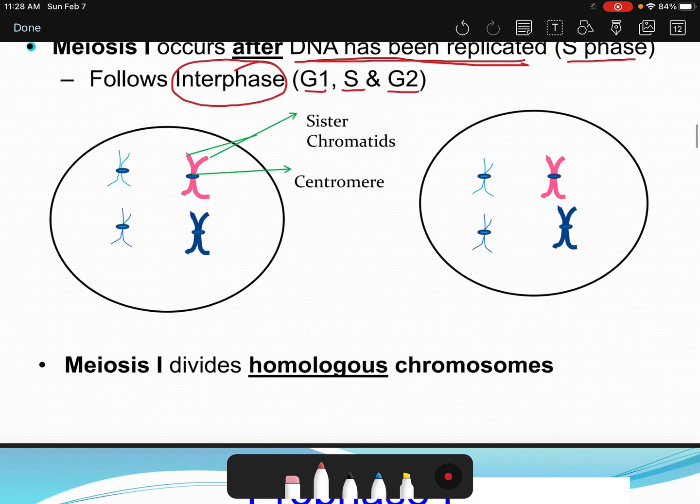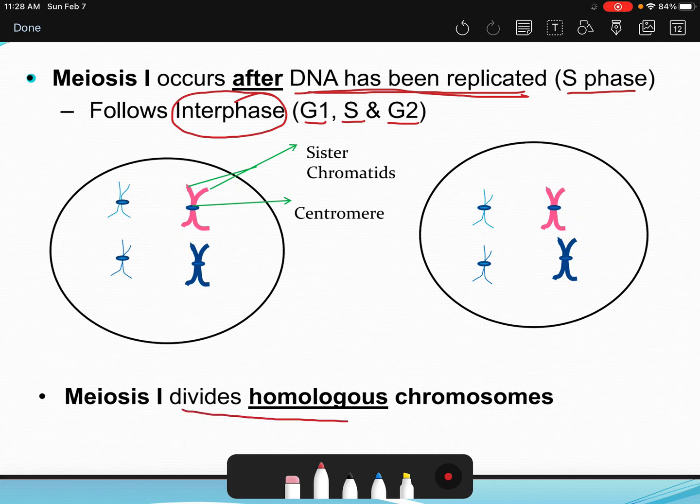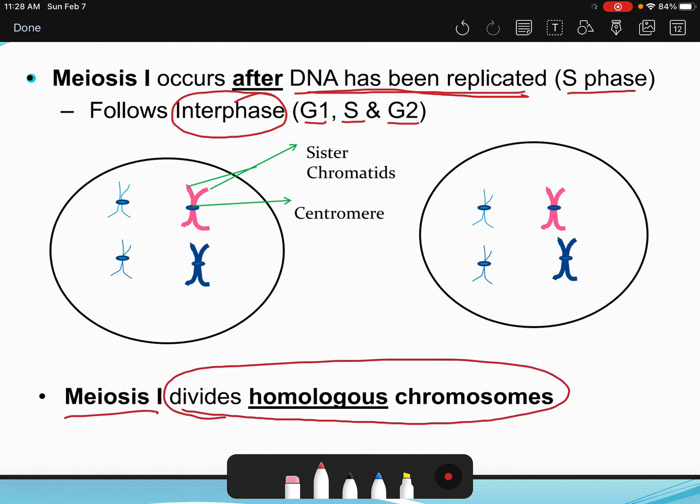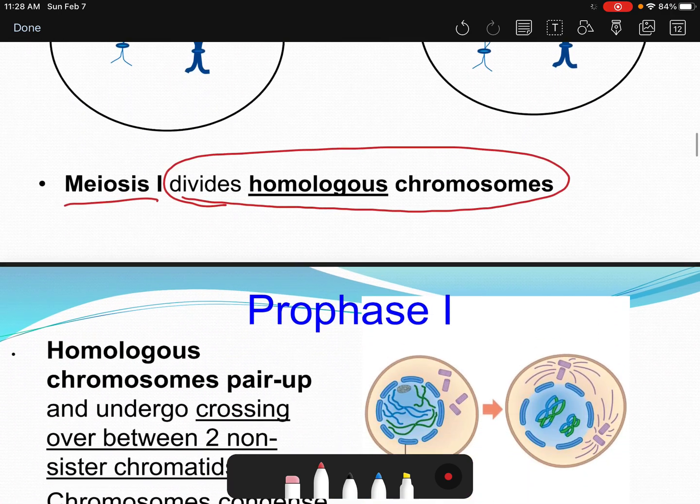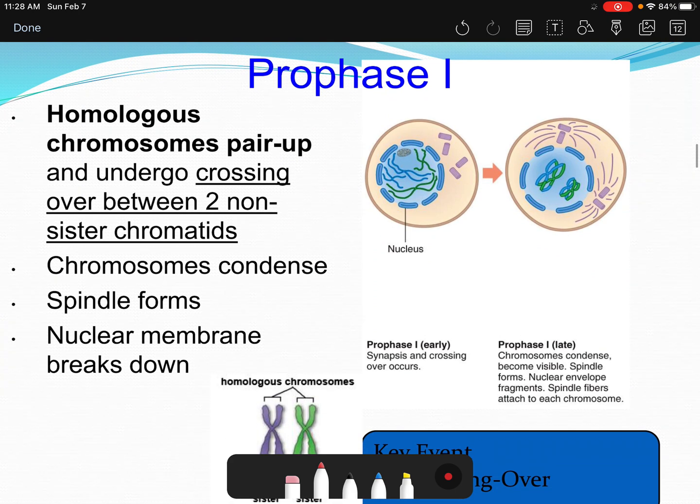The big thing I want you to know about meiosis 1 is it divides the homologous chromosomes. Okay, so meiosis 1 is all about the homologous chromosomes and dividing those. So first of all, in prophase 1, the homologous chromosomes pair up. So they get really close to each other. That didn't happen in mitosis when we did that process. But in here, you can see here's a pair of homologous chromosomes, and they're just really close to each other. Same with this one. And when they do that, they can undergo what's called crossing over,